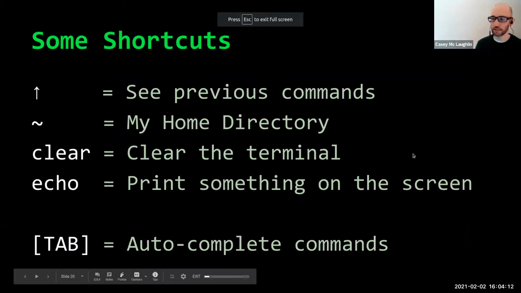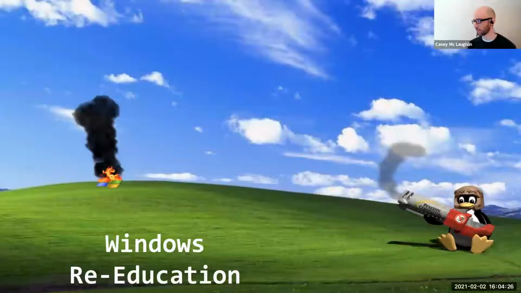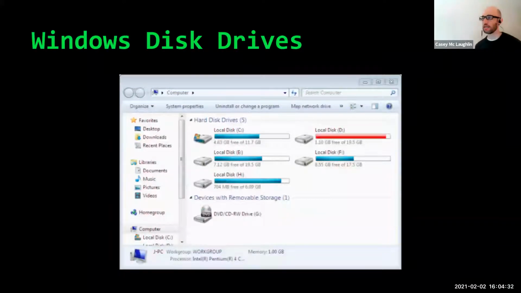We're going to talk about files now, and then I'll wrap up in about 20 minutes. Okay, so if you're using Windows, you kind of need to be re-educated on this because Linux and Mac approach file systems the same way, but it's completely different than the way that Windows does it. So Windows assigns a letter quite intuitively to each physical storage device. Each of these represents a single disk or partition that you can take out of the computer and hold in your hand.